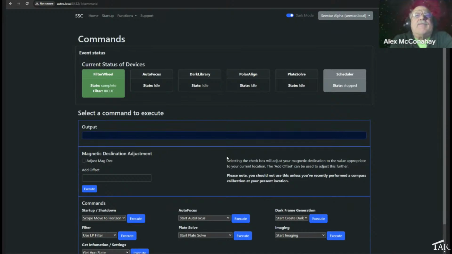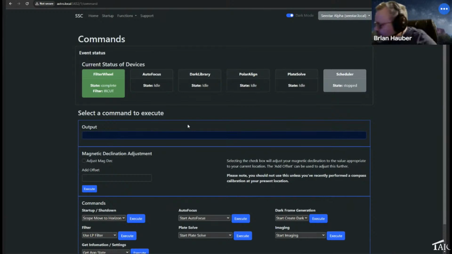Jerry says you keep on saying web-based, which implies you have the internet. Can you operate this whole thing without internet? Yes, you can. The way I operate in the field, if I don't have internet service, I have a little portable router that's battery powered and can work off of 12-volt DC power.